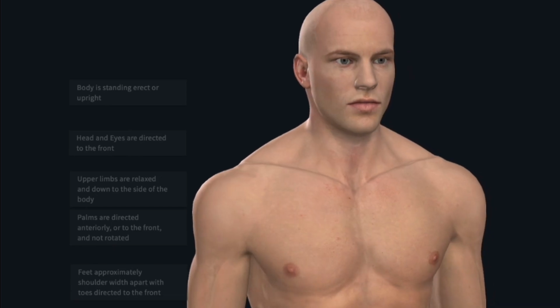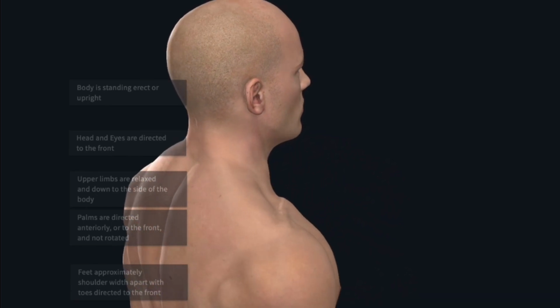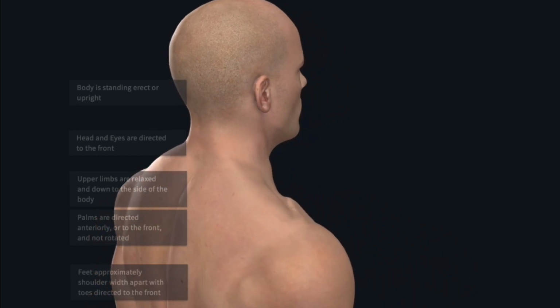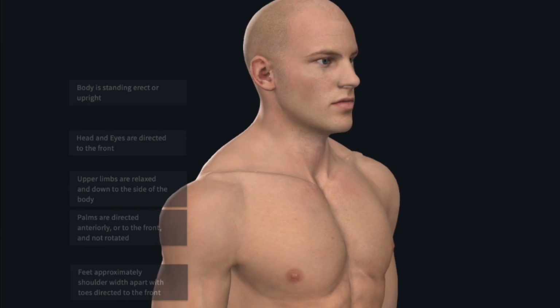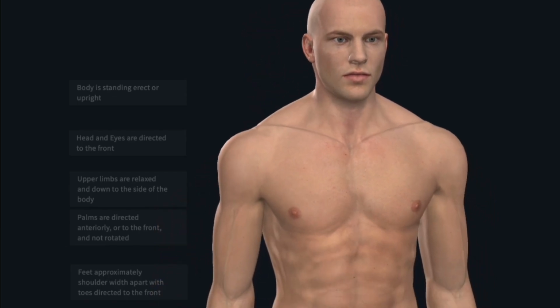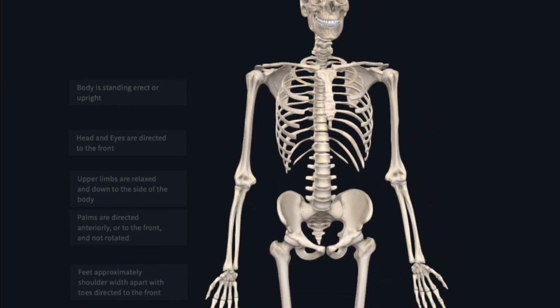To begin our study of human anatomy, it is important to understand that you're essentially now learning a new language. And this language is going to help us better describe how parts of our body relate to one another, or to better help us understand how different structures are named. So some of the different structures within the various systems of the body are going to have names that might